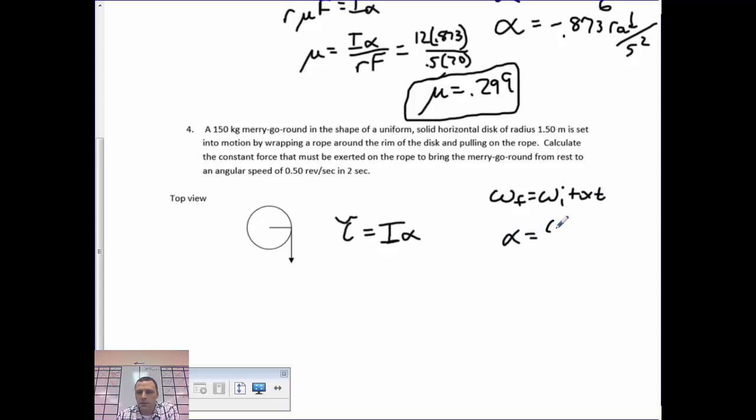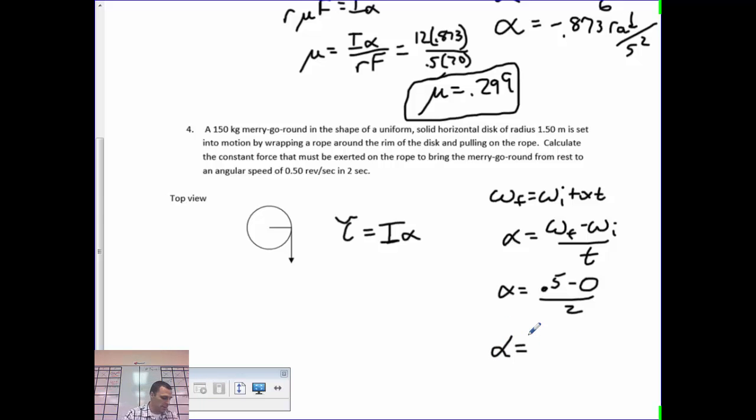Solve for alpha. Alpha equals omega f minus omega i divided by t. And I want to get 0.5 revolutions per second from 0 in 2 seconds. So my alpha is going to be, I should be able to do that in my head, but I'm not going to chance it. 0.25